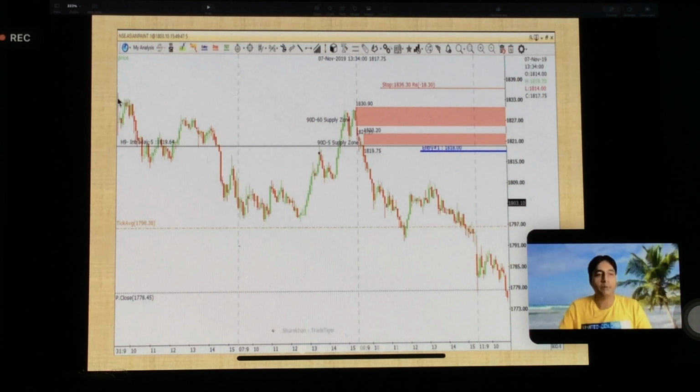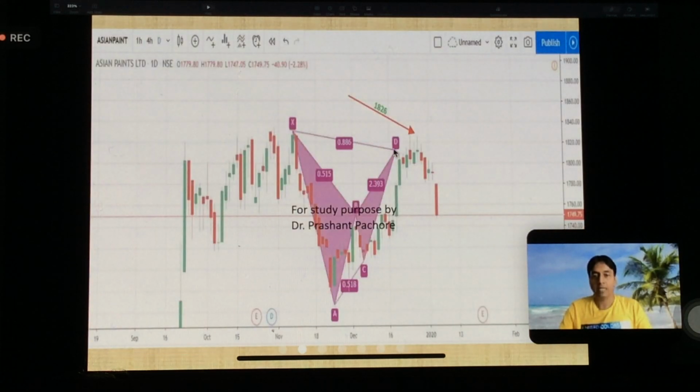I wanted to cover max pain. This is the max pain. So my stop loss was here. So 1818 I planned for short entry and 1836 above. So 18 points, roughly 1% stop loss was there. And you can see price made a high of 1826. It didn't even hit the X point. But we have to make sure that we keep our stop loss above this level, right?